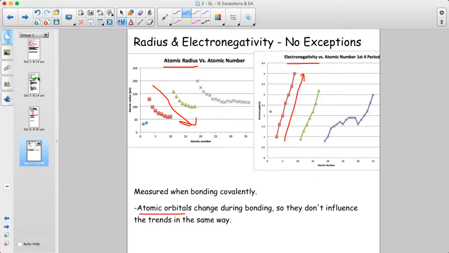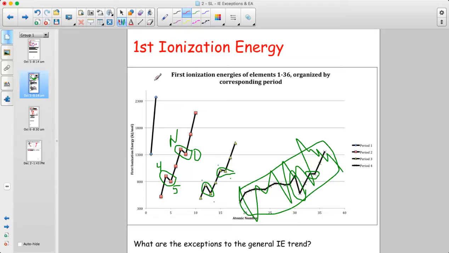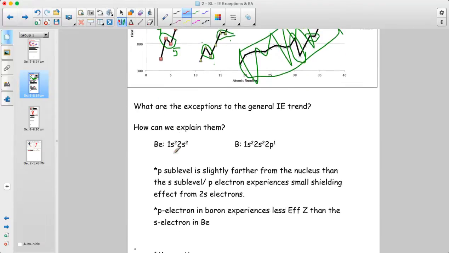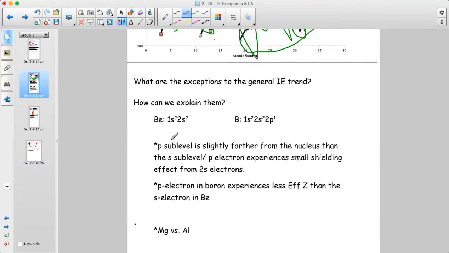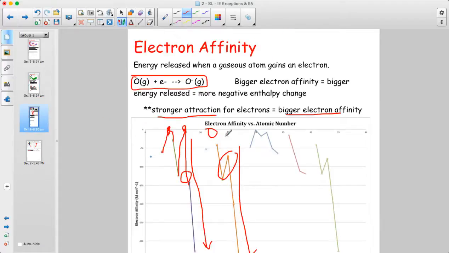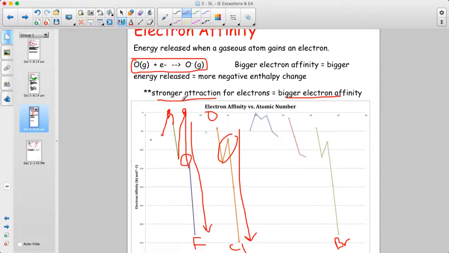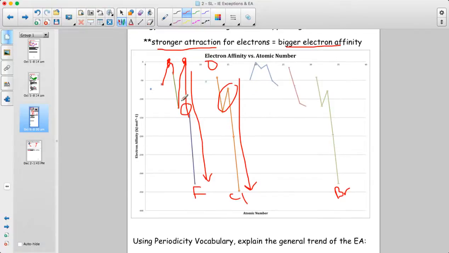So you only have to explain exceptions for ionization energy, but you should be able to explain either one of these very specific exceptions in detail based on orbitals. And you should be aware of what electron affinity is, be able to represent it in an equation, and have a general sense of the trend. It pretty much mimics electron affinity in that it's getting greater and greater in magnitude up to the halogens. Okay,